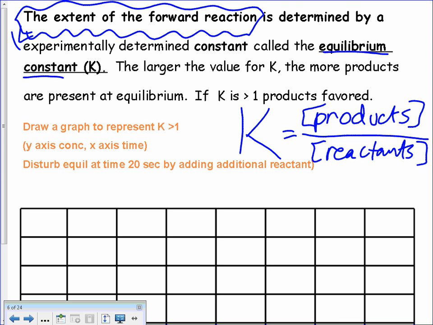So if I have a lot of products and very few reactants, K is going to be a lot over a little. Is that K value going to be greater than 1 or less than 1? Greater than 1. So K greater than 1 means I have a lot of products, so the products are favored. Mathematically, K bigger than 1 means that I have a lot of these, not the denominator. So then K less than 1,